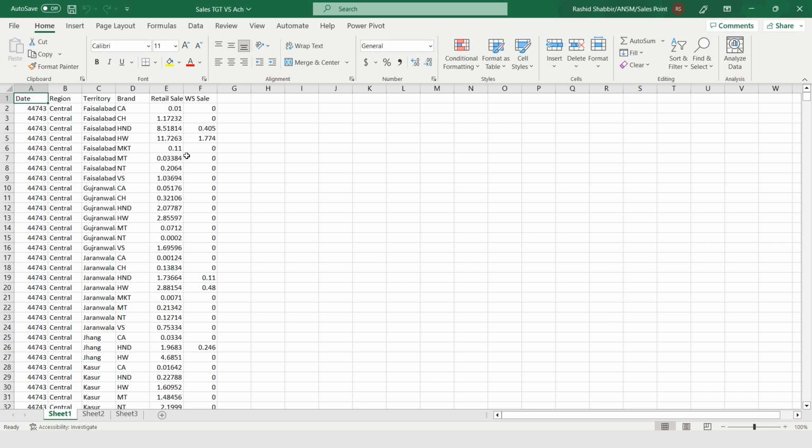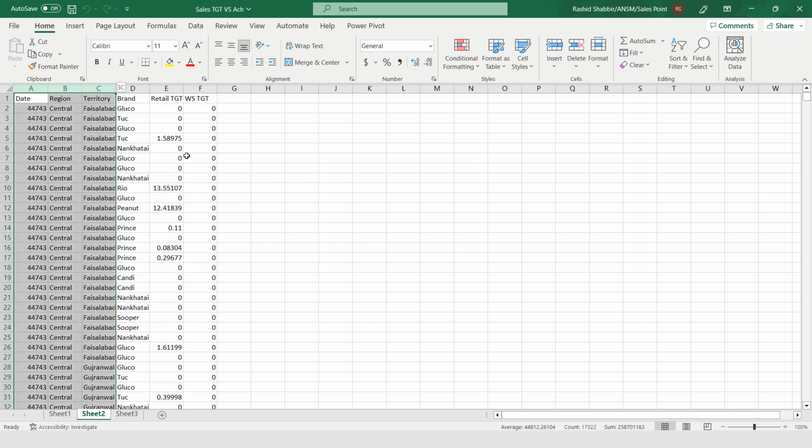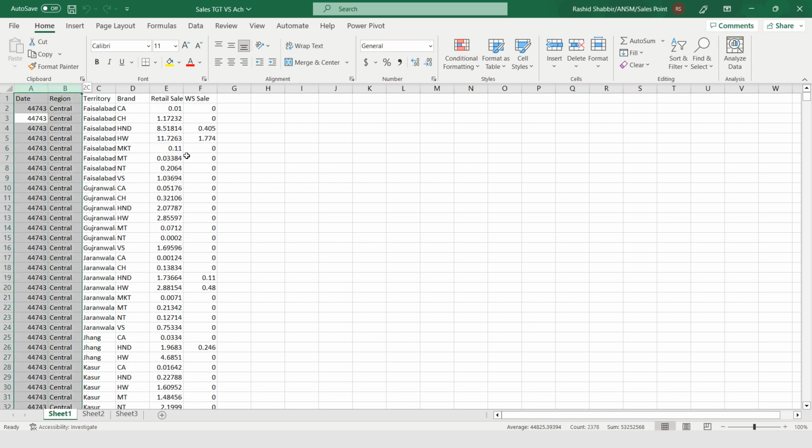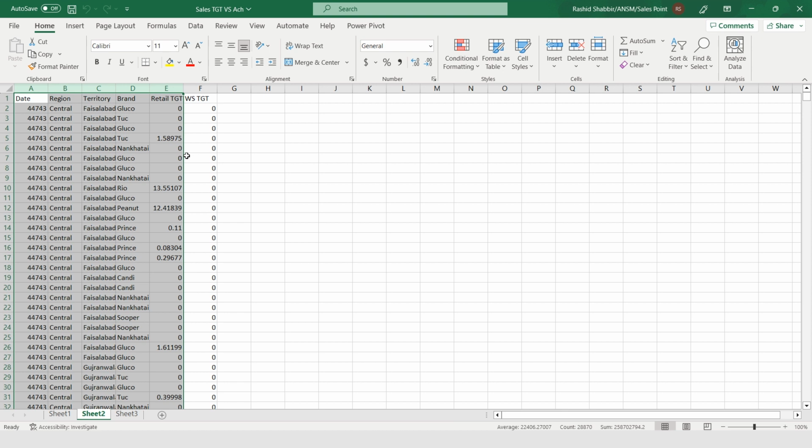First of all, we are exploring the sales data of an FMCG company. But before we begin, let's make our data more organized and easy to understand. Basically, here is the plan: we have two tables to work with. This is table number 1 and this is table number 2. This is the sales data and these are the sales targets.